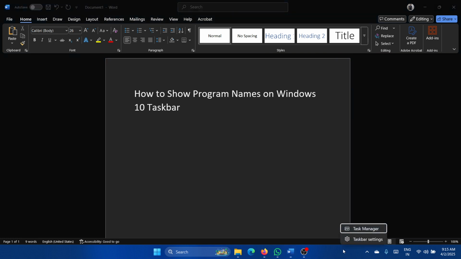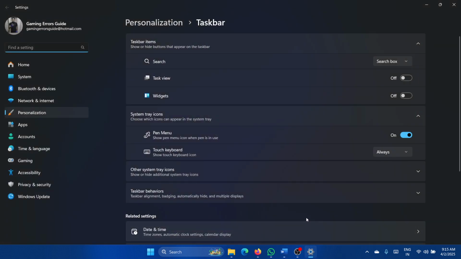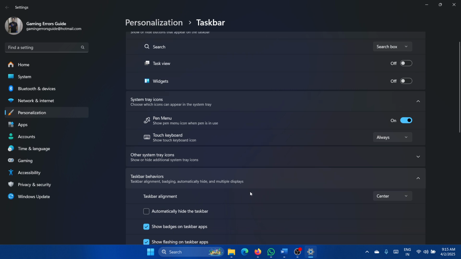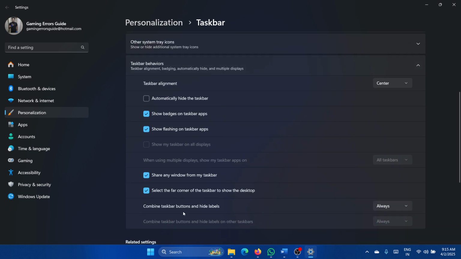Right click on the taskbar, select taskbar settings. Okay. And then you can expand this list for taskbar behaviors. And once you expand this list, here's what you have to do. Scroll down and there is an option here which says combine taskbar buttons and hide labels. Change it from always to never and you will immediately see the names of all the programs here, but you